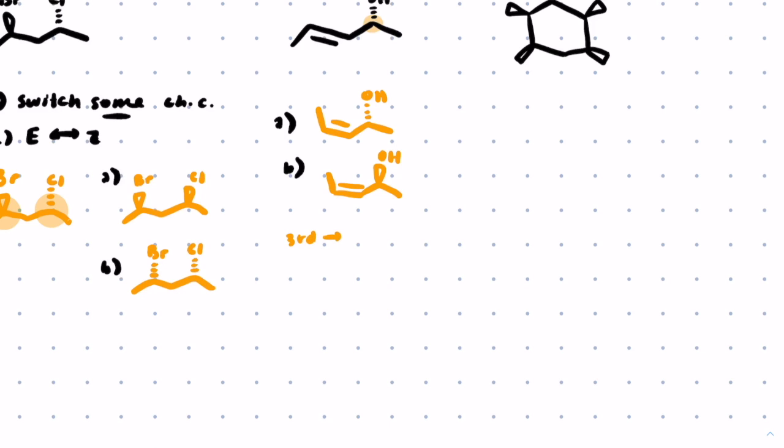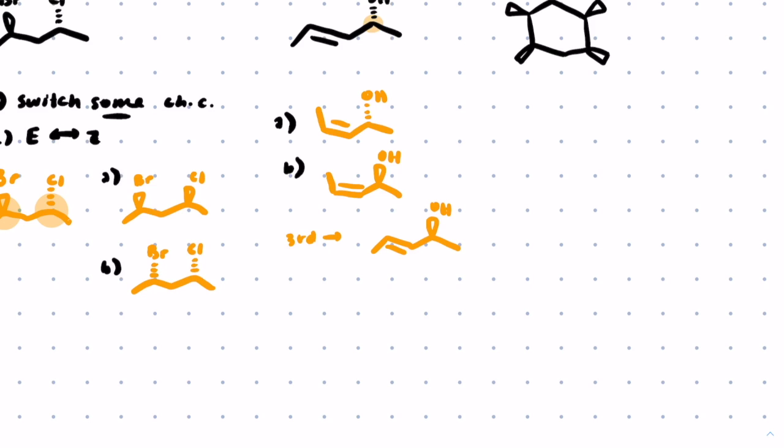So the third way you might be thinking could be, well, what if I just left the alkene alone, like we did with the chiral center in the first example, and just flipped the chiral center? Well, now what have you created? Well, you've created the enantiomer of the thing that you started with, because the only thing that needs to change